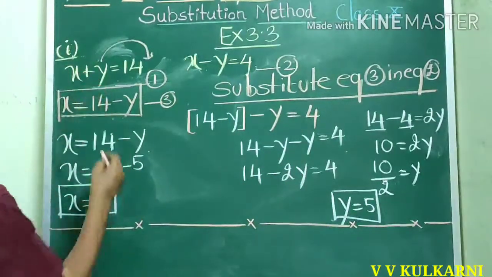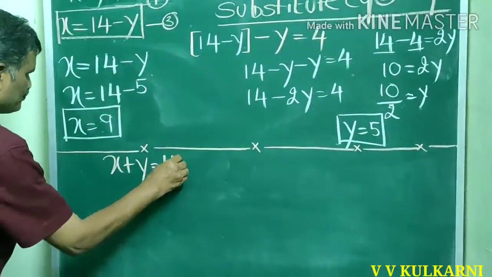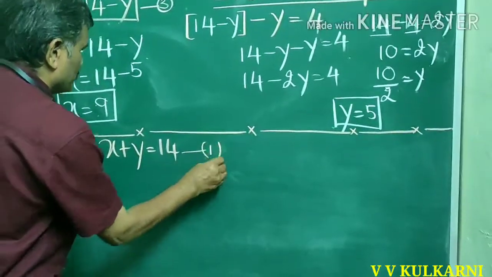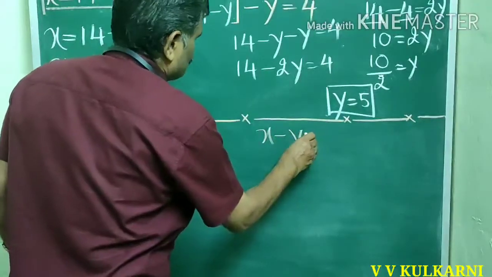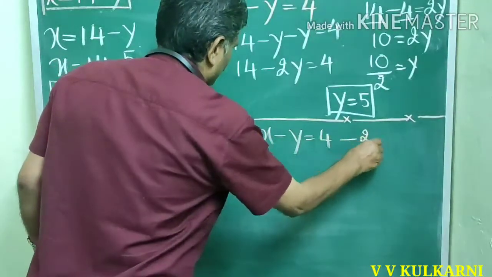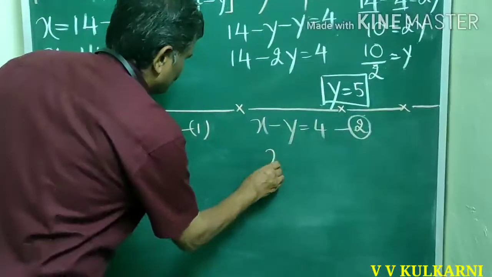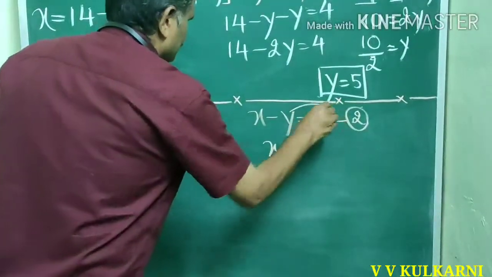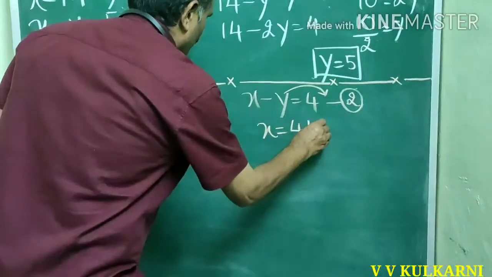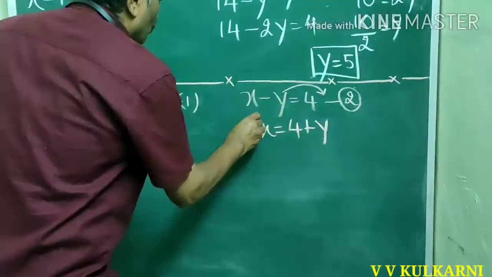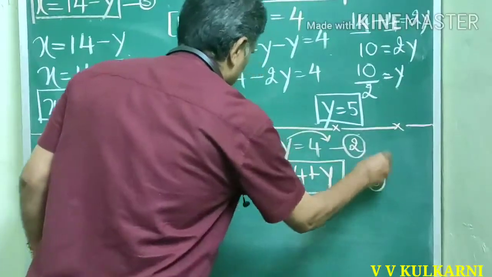See here, again I will write the same equation. x plus y is equal to 40. This I will call the first equation. Again, x minus y is equal to 4. This I will call the second equation. Now what I will do is, I will write x as it is here and I will transpose y this side. If I do that, x will be equal to 4 plus y. So I have x is equal to 4 plus y. This I will call the third equation.